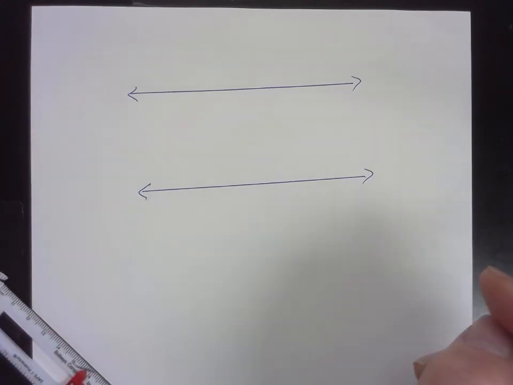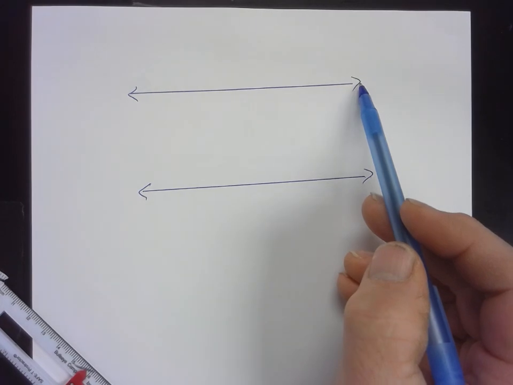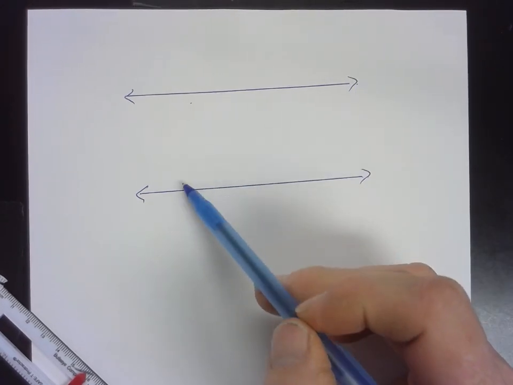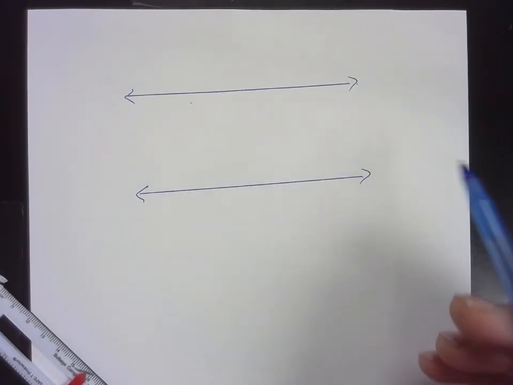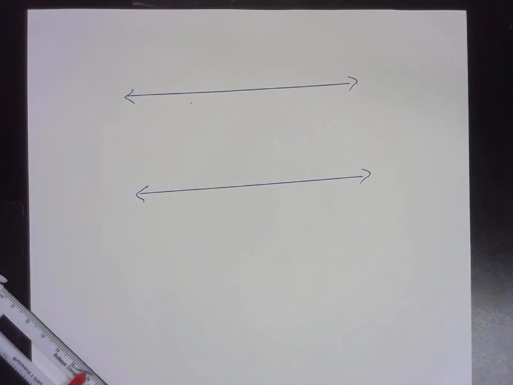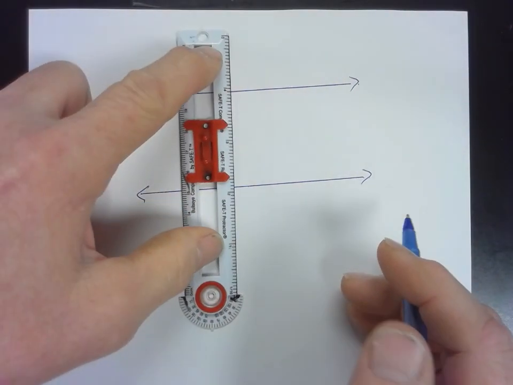Why not, Chase? Can't just assume they're parallel, right? Yeah, are the arrows on the ends? So is there any indication to tell you that they're parallel other than they look like it? Okay, so we don't know if they really are or not, but they sure look like it, right? But we don't know if they are or not. However, if there's a transversal,